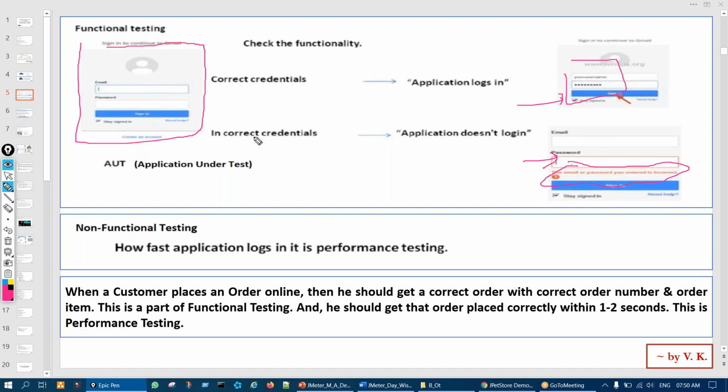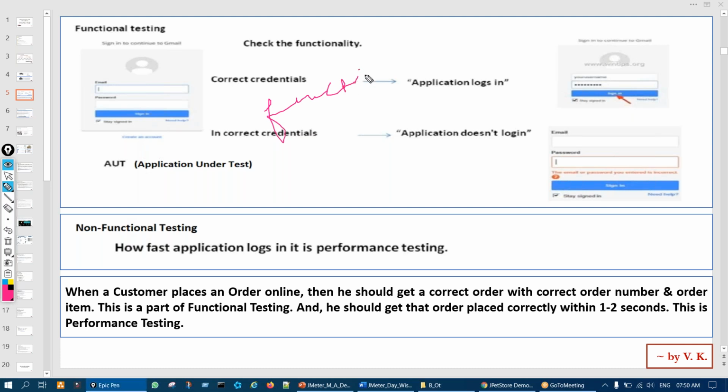Now performance wise, so this will be known as functional. Okay, that is what functional testing is, we are testing the function. Now on the same line, how fast is that application logging in? Now in non-functional testing, we do not bother, we do not write that many test cases. We just log in as a real user, okay, and we just check how fast it is getting logged in. So that is what performance testing is.